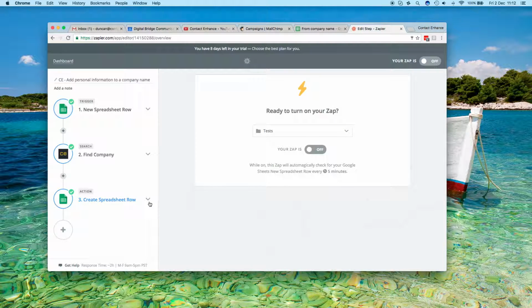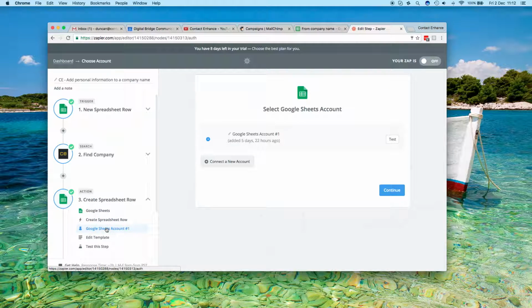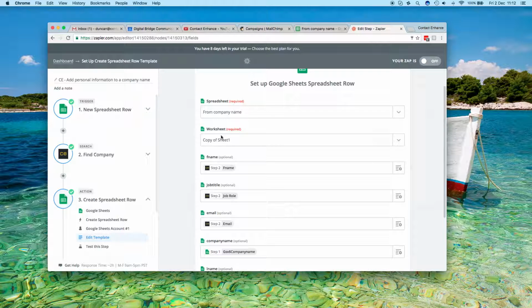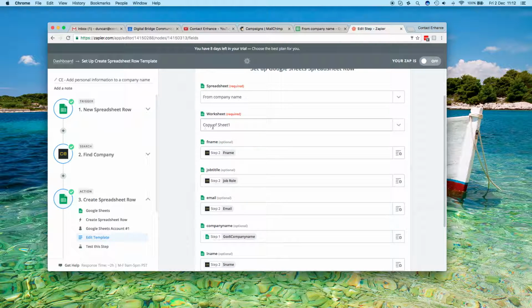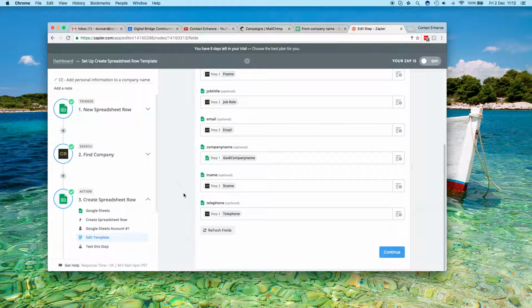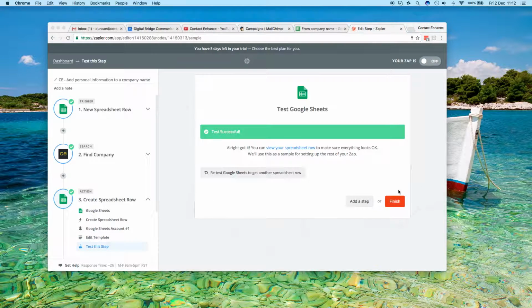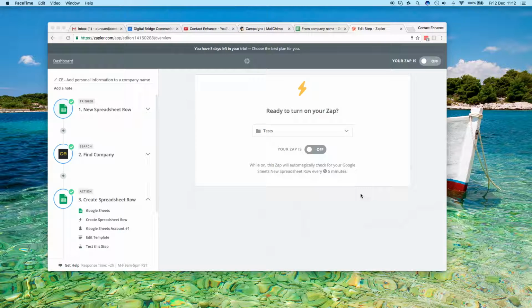Click Continue. Then what we want to do is go back and create a new row on a separate worksheet, which is that Copy 1 worksheet. Just go through these steps really quickly. So I selected Google Sheets. I selected Create Spreadsheet Row. I then tested my account there. It worked all good, and I click Continue. So it's the spreadsheet from company name, and it's the worksheet company sheet 1. I want to enhance the company name with a first name, job title, email address, company name, last name and telephone number. So if I click Continue there and then Finish, what we should find happens there is we should see in a moment,